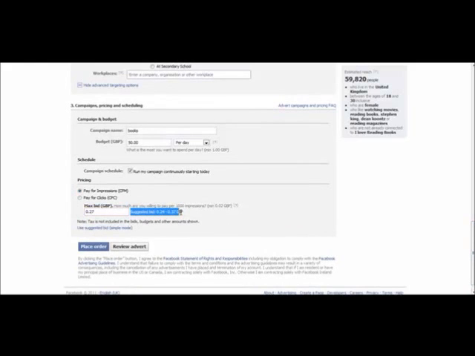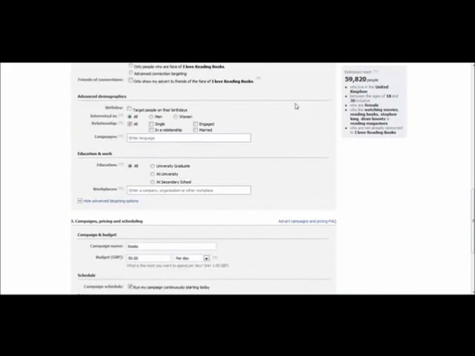Just because Facebook is giving you a suggested bid of 0.24, it does not mean you're going to be spending 0.24 per impression. You could be even spending 0.05, 0.06. Again, it depends on your market, how many people you're reaching out to.